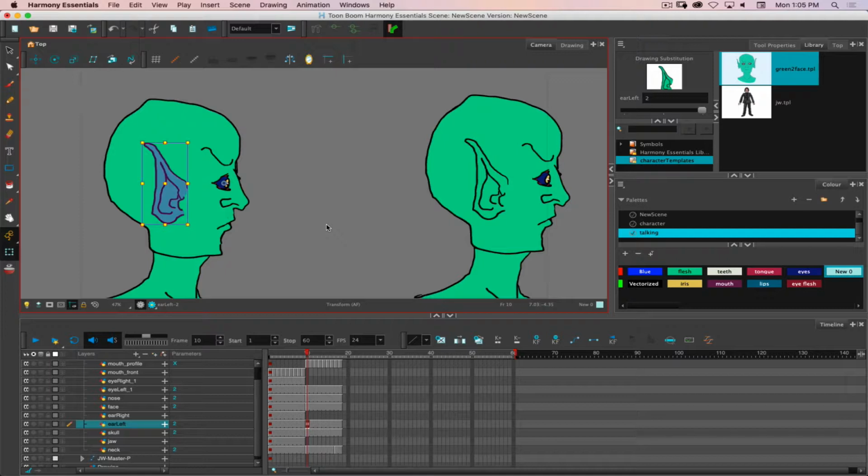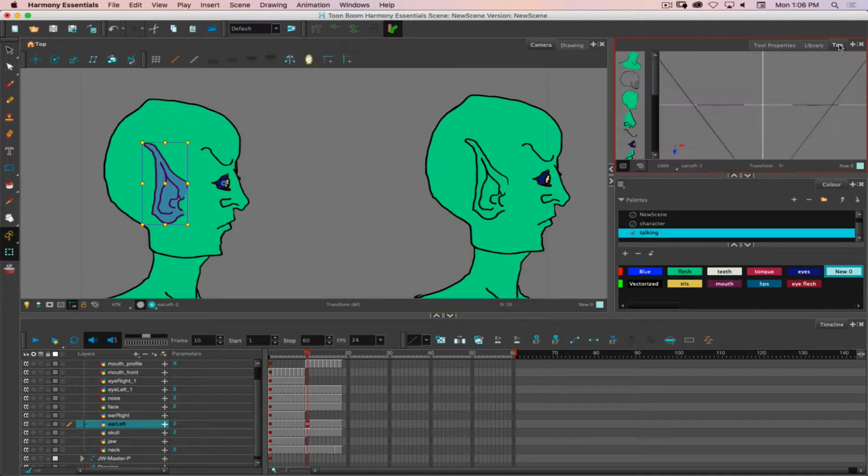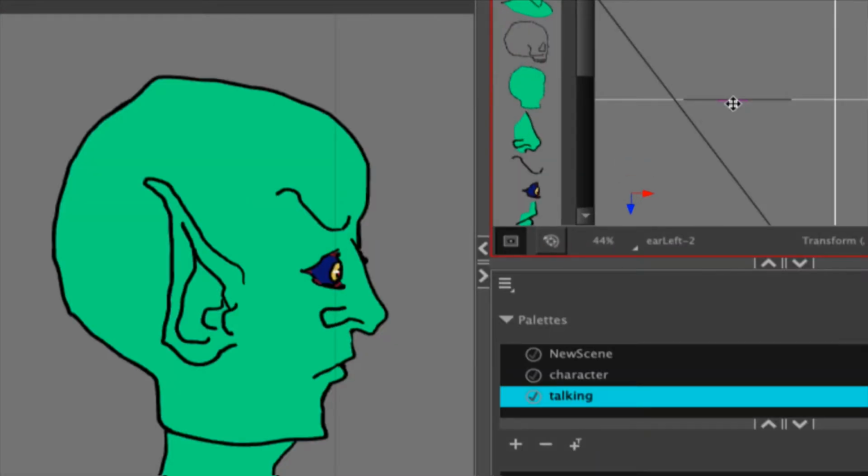So we think about Z space as coming closer to the camera or further away from the camera. And we're able to do that by holding down the Option key and then looking at the up and down arrows. If you think about the up and down arrow being in a top-down view, so this top-down view, this line indicates all of my artwork. And we can see this little pink area right here is indicating that is the ear that is currently selected. And if I want to nudge that ear in space, I hold down Option, and I can now pull it forward or back